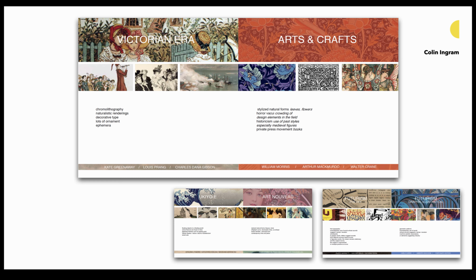So when we move down to the 2 featured spreads I'm showing, we see the next spread, Ukiyo-e and Art Nouveau. See how it looks just like the first one? All he did was repeat the formula, and he replaced the images, he replaced the text, but the layout is the same. When we look at his Futurism spread, this is a spread that can be a little tricky